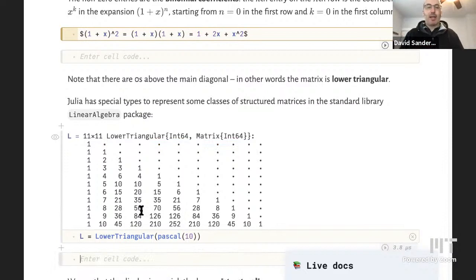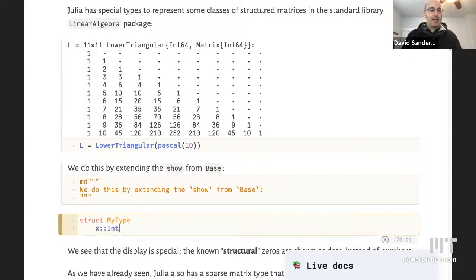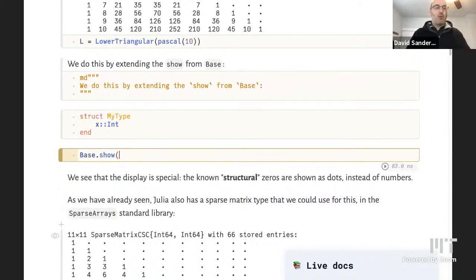And the way we do this is by extending the show function from base. There's a function called show in base Julia, and we would extend that by doing something like, so let's make a new type called my type, which has an int inside. And then we're going to do base.show. And I need this IO object, which is input output, and an object X of my type. How am I going to display that? I'm going to print to that output stream,